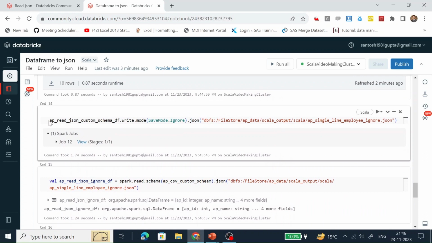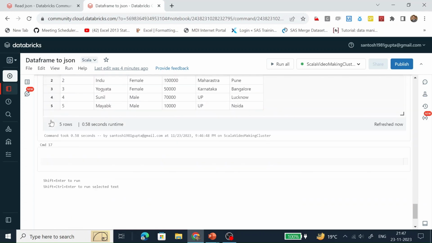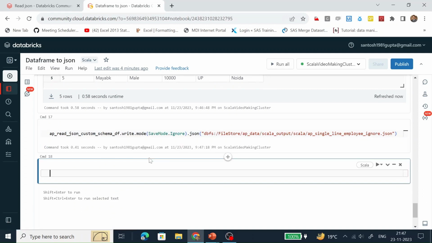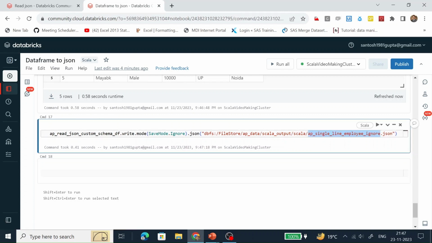So what is the functionality of ignore? If we write this data frame again in this JSON document, this write operation will not take place. So let's see practically. Let's copy it and then run it. See, no jobs are created. That means Spark is ignoring this write operation because this JSON document is already present.